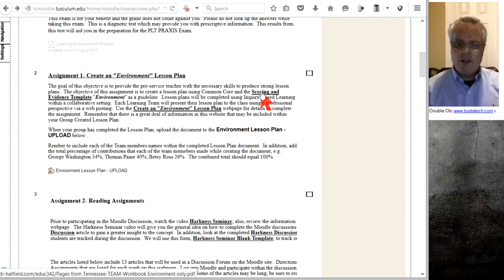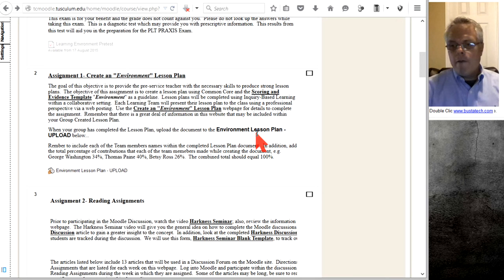If you're an English teacher, you may want to teach with somebody with close ties to English, or if you're math, you might want to kind of stick with math or science. But there's nothing wrong with a cross-disciplinary creation of a lesson plan. That would even be better. But for K-6,